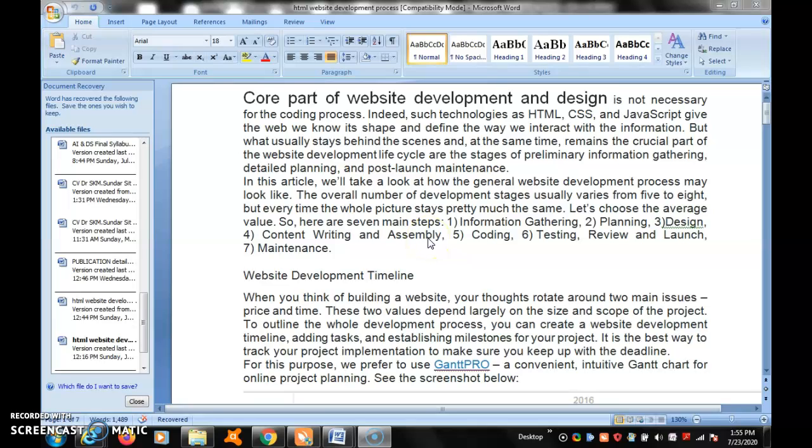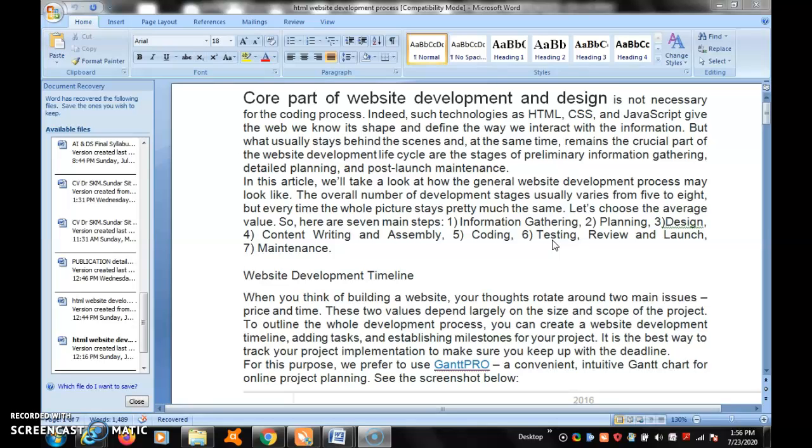This is especially for the web development process, content writing and assembly. Content is collected from the customer side and assembling, that is something the web developer can do. Coding: coding the JavaScript and all you have to code. Testing: some worldwide procedures are there for testing.